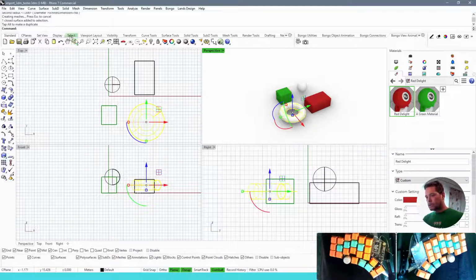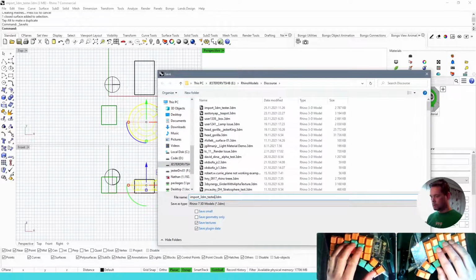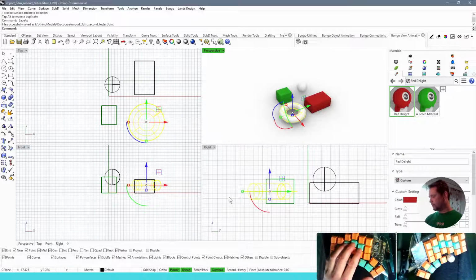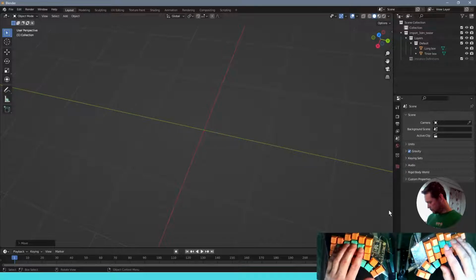But let's save this as a new name. File, save as, and let's have the original name, second tester. Right, let's go back to Blender,